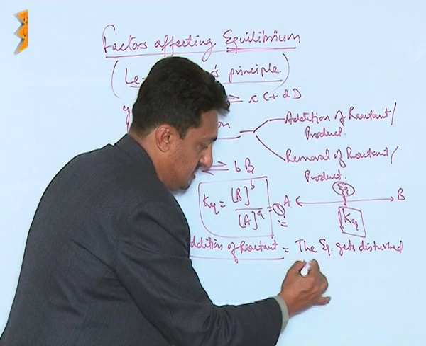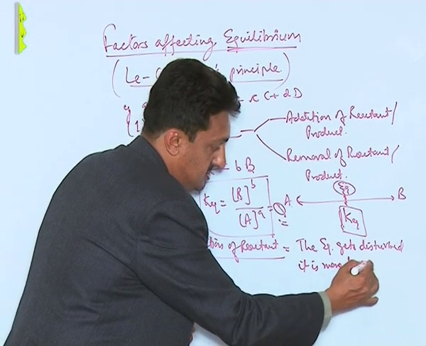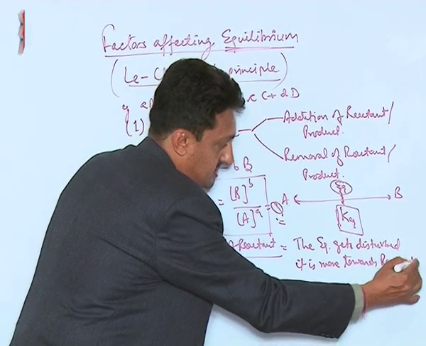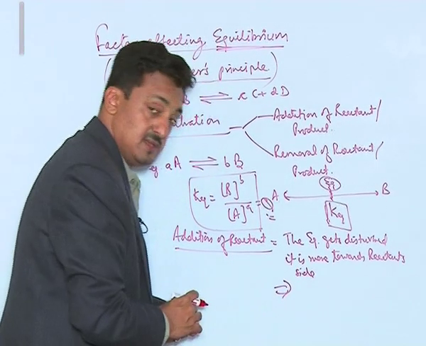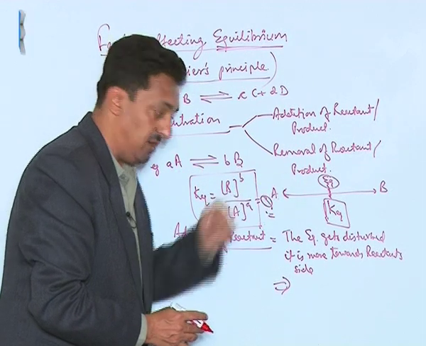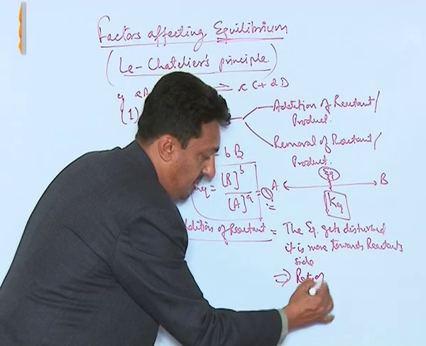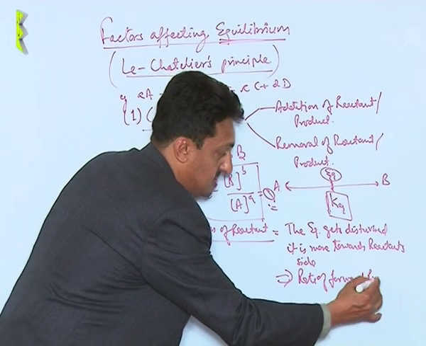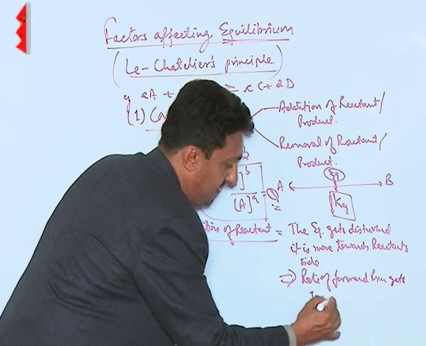It is more towards the reactants side, and what will happen is, since it is towards the reactant side, it will start moving towards the forward side, towards the product side. Therefore, the rate of forward reaction gets increased,